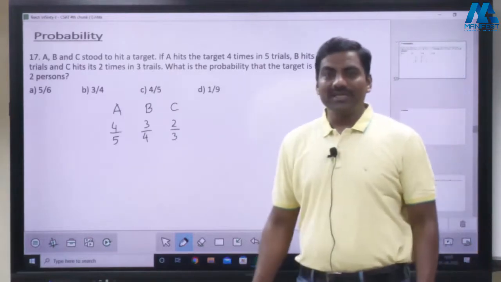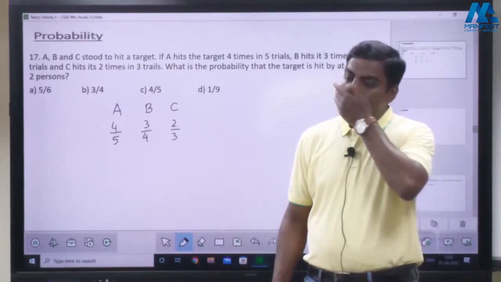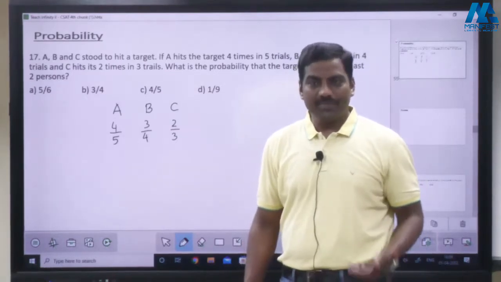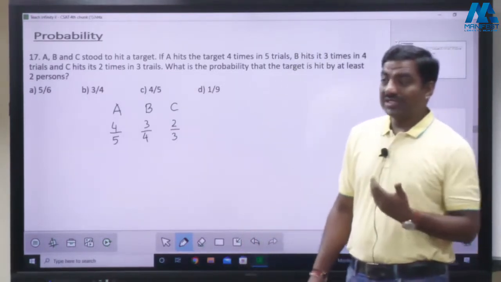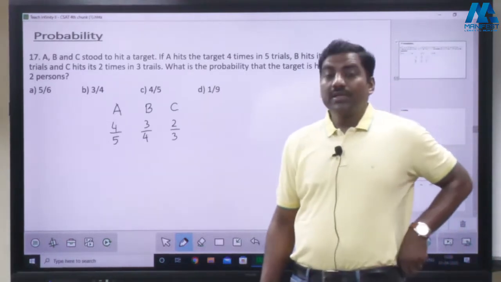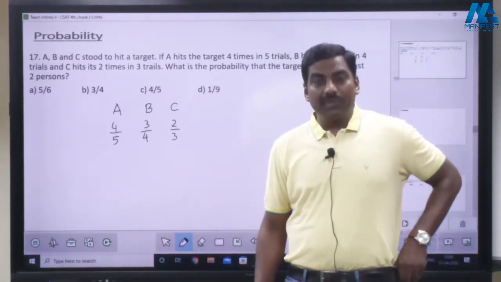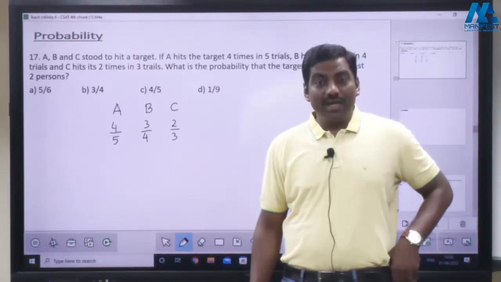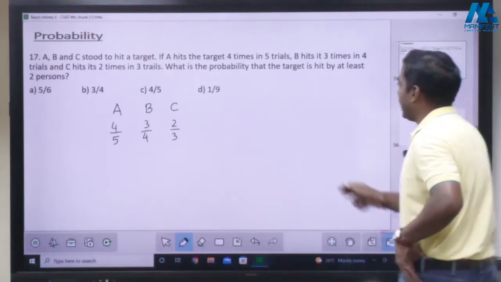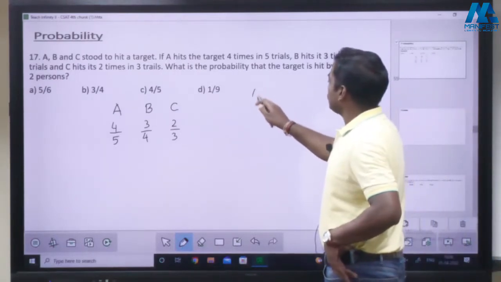At least 2 persons means what? At least 2 persons means 2 or 3. So what is the probability we have to find out? Here we get 3 occasions where 2 people are hitting, and 1 occasion where 3 people are hitting. So if we take A, B, C,